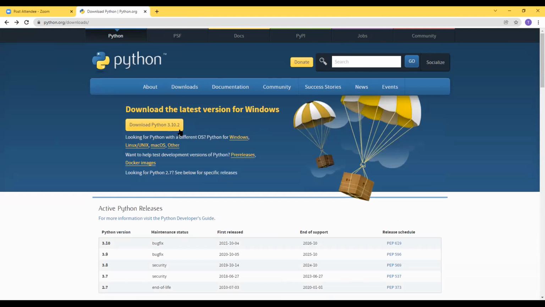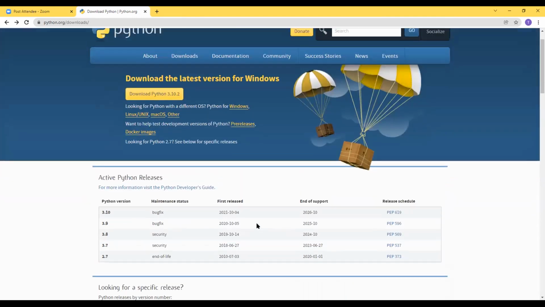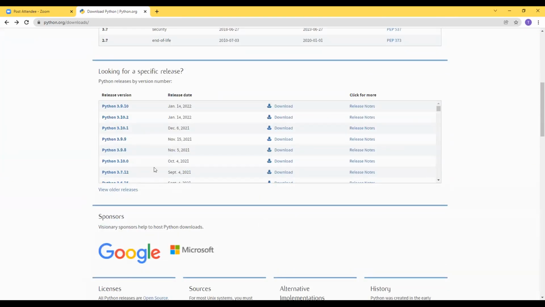Latest version is 3.10.2 for Windows basically, and then we have Linux, Mac, Ubuntu and all the other things as well. You can have the previous releases also. You can have the Docker images also. We don't need those things. We normally go with Windows, and I think ma'am has a Mac, so she will go to Mac, right? And you can have all those things here. You can download the previous version. If you have Windows 7, you need 3.7.12.